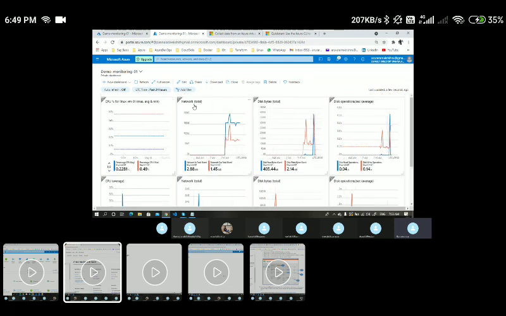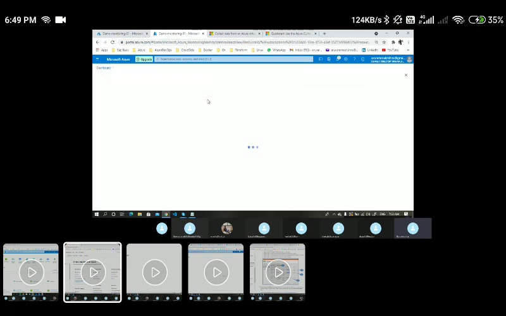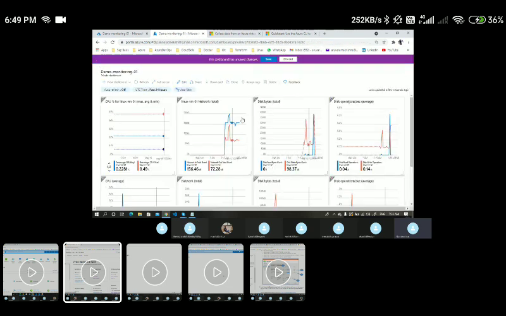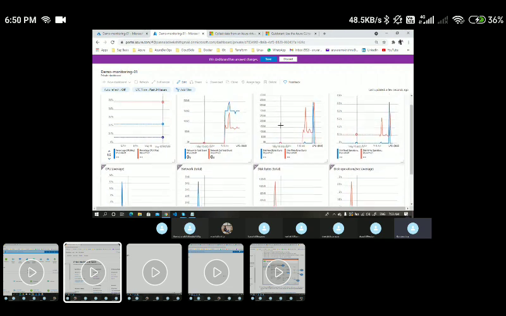Let's say here, network total, I have the tile name, right? I can just click on it, so here I can just put the VM name here. Let's say this particular VM name is Linux VM01, right? I could say Linux VM01 network total, and I can just save to dashboard. And this particular tile name will be changed to whatever the name you give. Same way, if you wanted to do it for the remaining, you can do it.